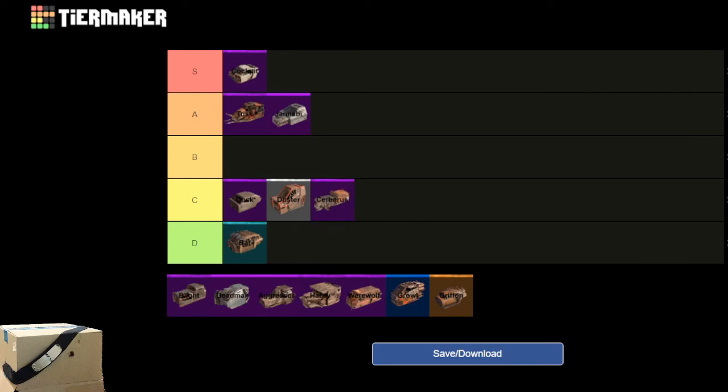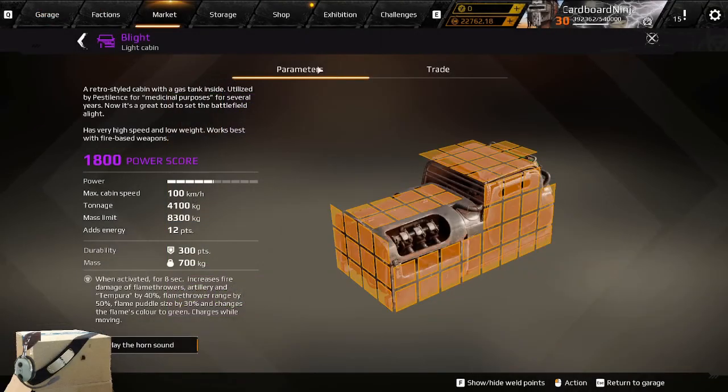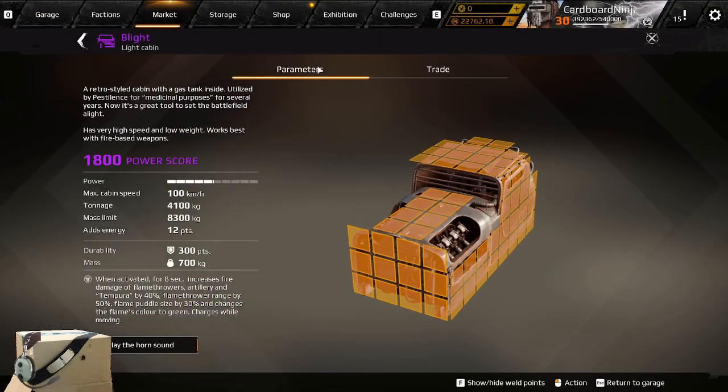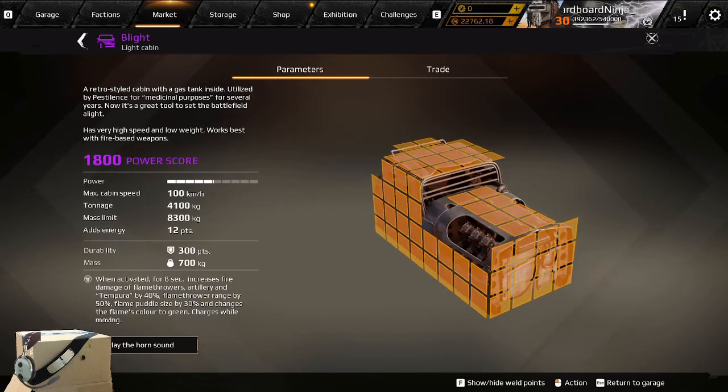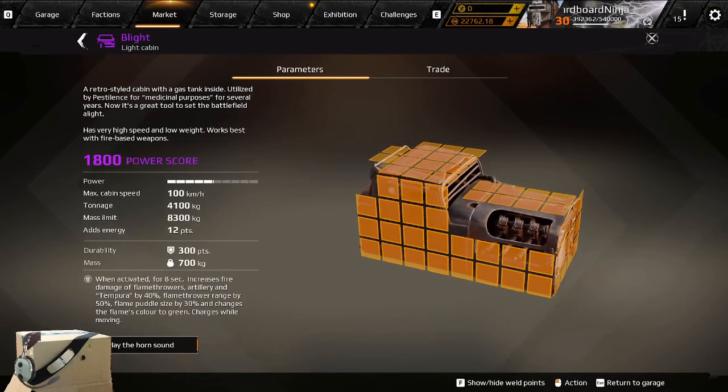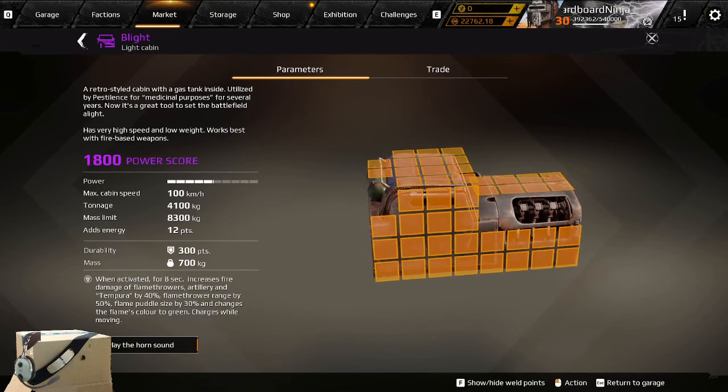On to one of the most popular cabins in Crossout, the Blight. At 7,600 mass, the Blight boasts an above-average adjusted mass and an average power. An average-sized cabin with effectively perfect weld points and a powerful active perk, it's no wonder the Blight is so